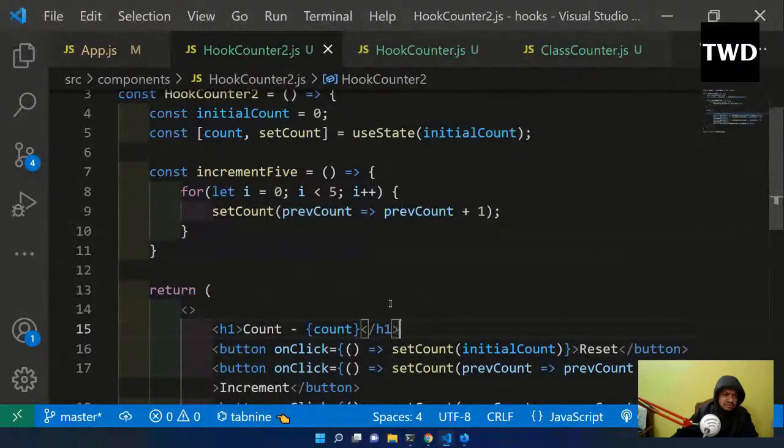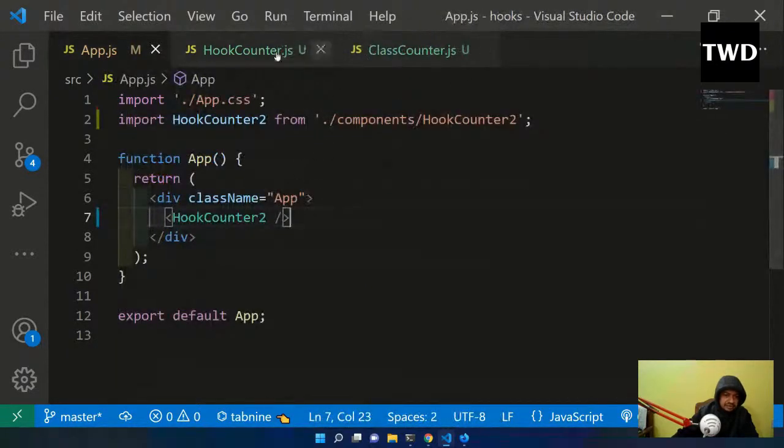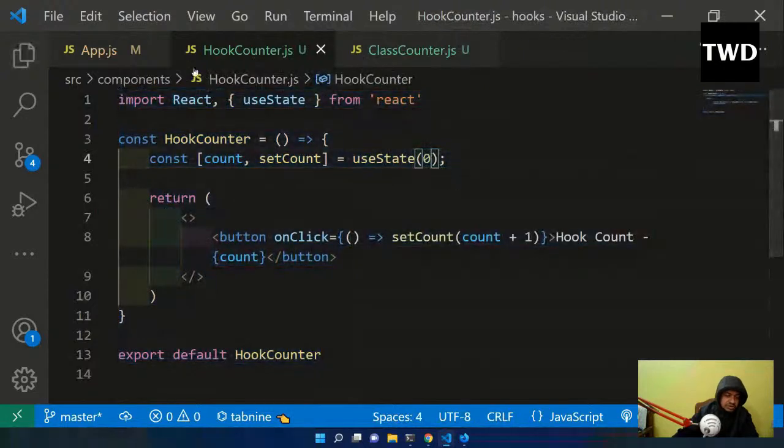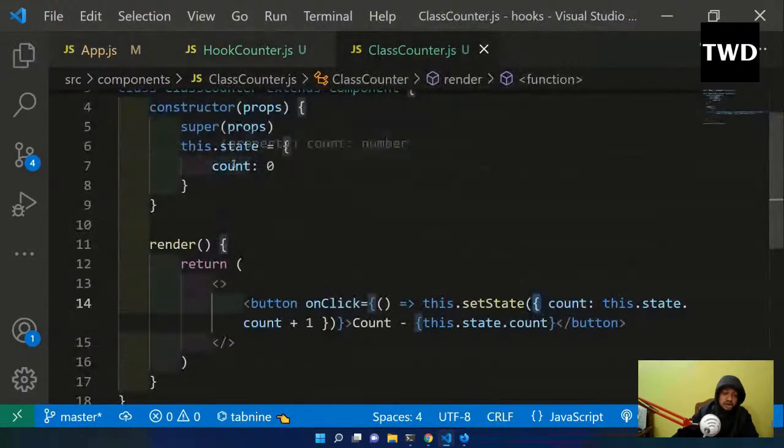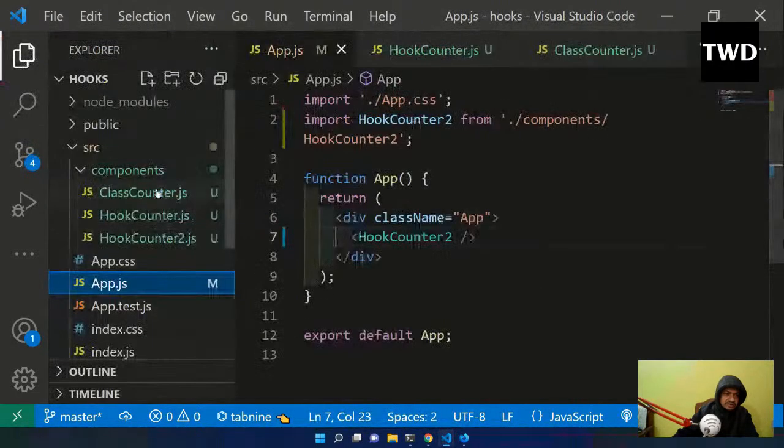So now we are going to look into a special case, and that case is what if the initial state which we have taken is an object. And that is a very important thing, because by default in hooks I am not taking it as an object, I can take it as anything. Here I have taken it as a number, there also I have taken it as a number, but in class counter the state is always an object, but here it is not the case. Okay, so let us do that, and we'll create another file known as a